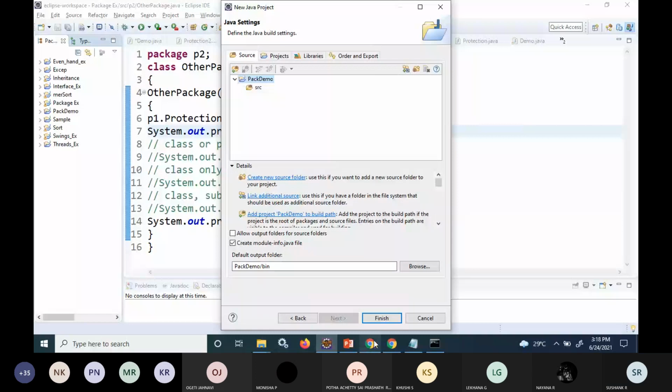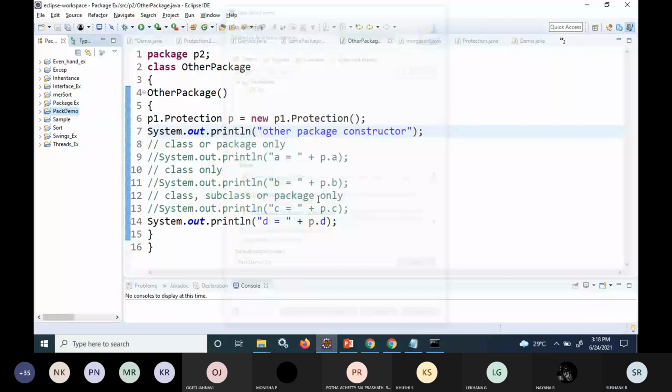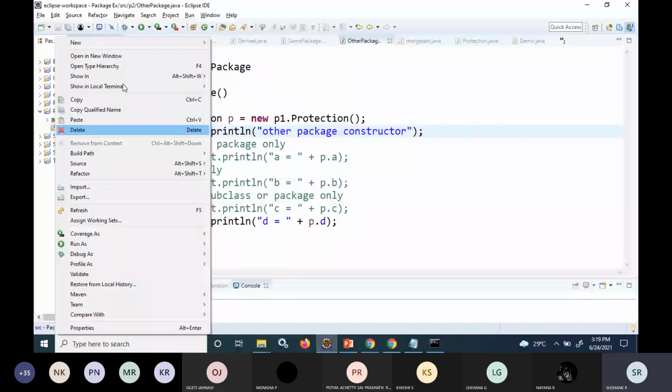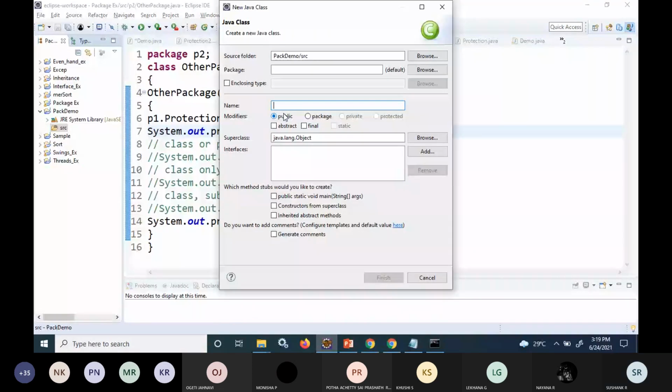So here I'll right click on the source file, New class. The class name I'll go with demo itself. See here, the package name is taking the default package. Now I'll give the package name as it's my package. So if I click on finish,